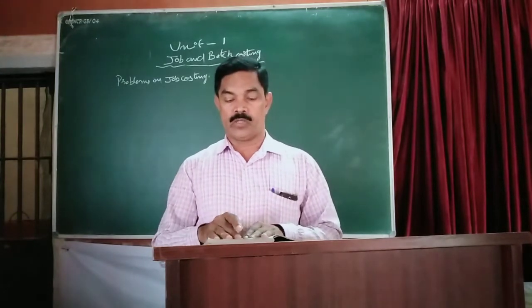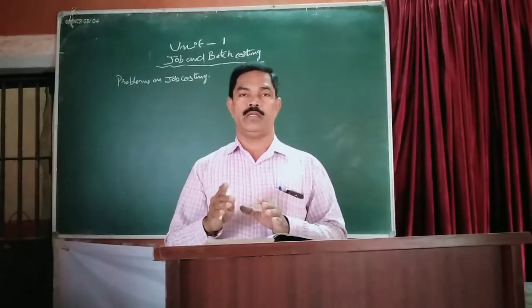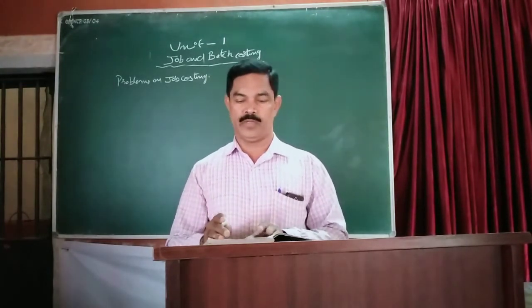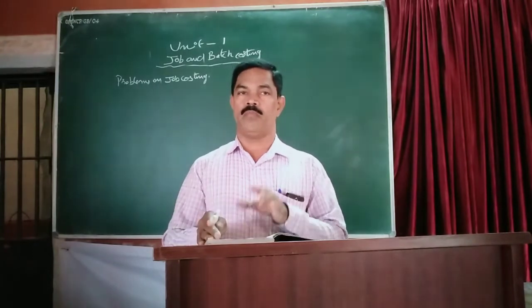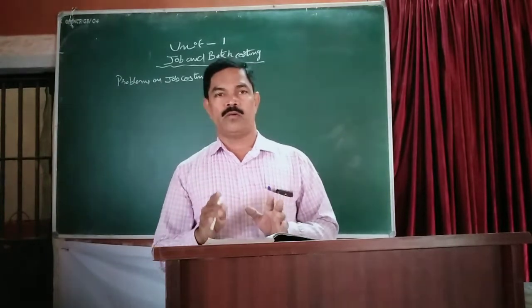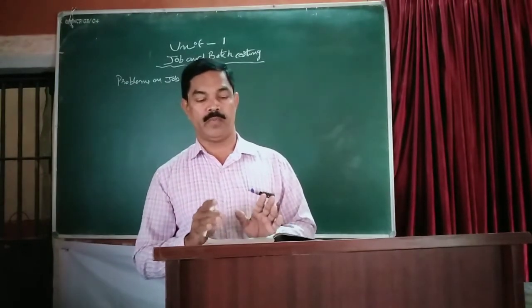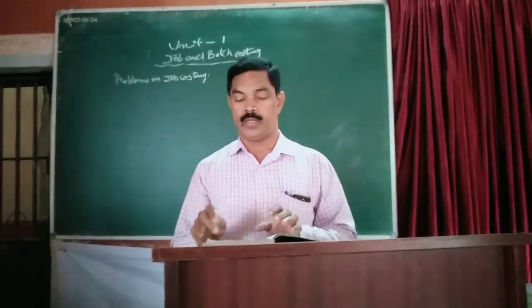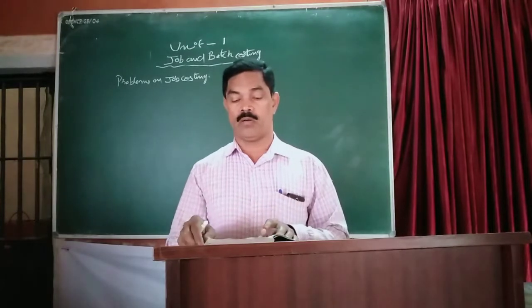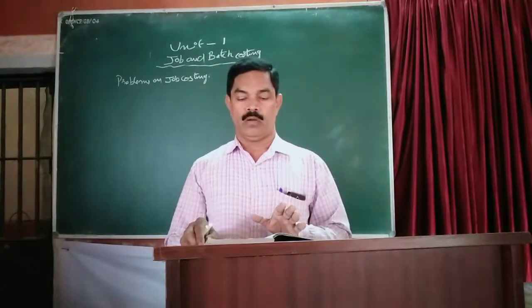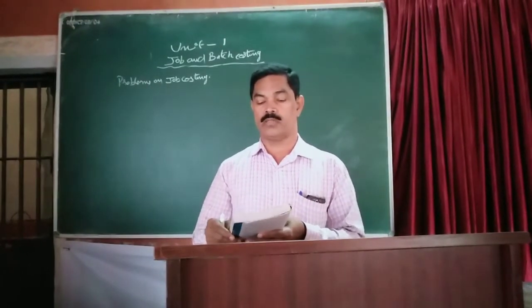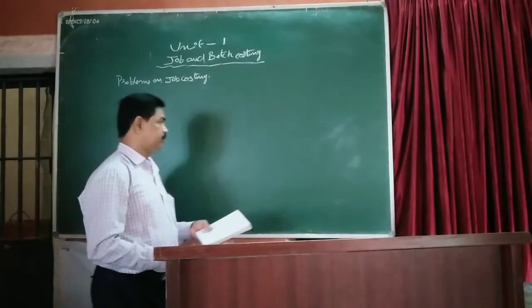Then the job is billed. Billed means the job is priced, or we can say the sale price of the job is given. So sale price of the job minus the total cost incurred is equal to profit. To calculate the profit on job number 100, we have to prepare a job cost sheet, also known as a statement of job cost for job number 100. Let us see how this statement is prepared.